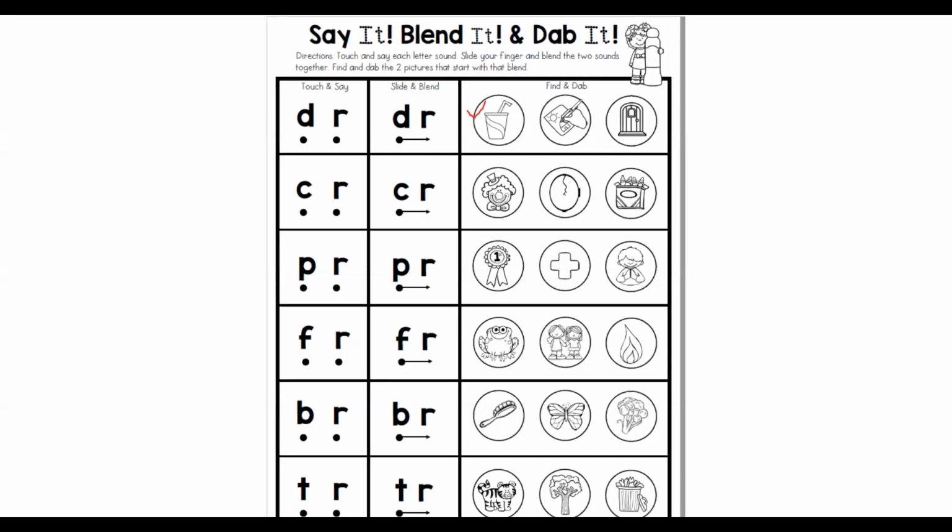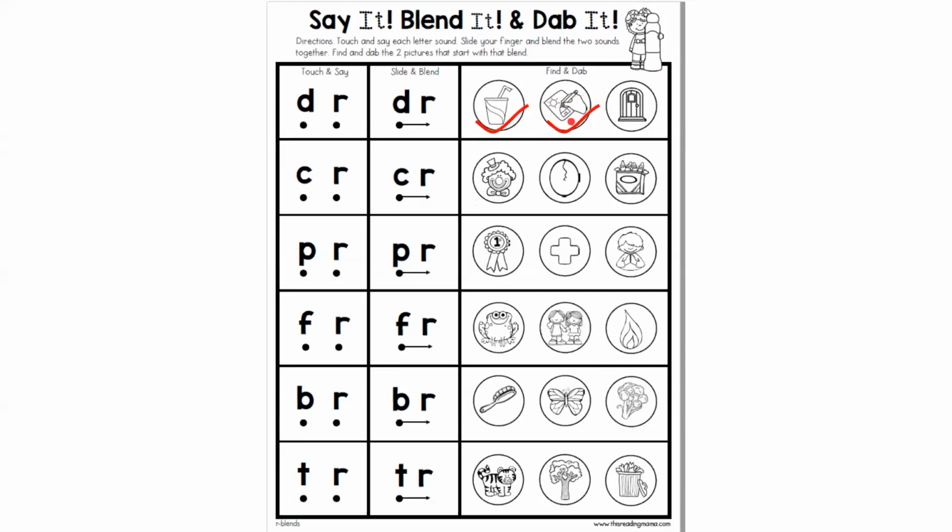This is someone drawing something. कुछ draw कर रहे हैं. Do you hear the sound dr in draw? Yes, you do in the beginning. Dr, draw. So, I will tick mark this. What is this? This is a door. Door. So do you hear the sound dr? No, I will cross this. So what are my answers? My answers are drink and draw. These make the sound dr. Likewise, you will do for kr, pr, fr, br and tr.